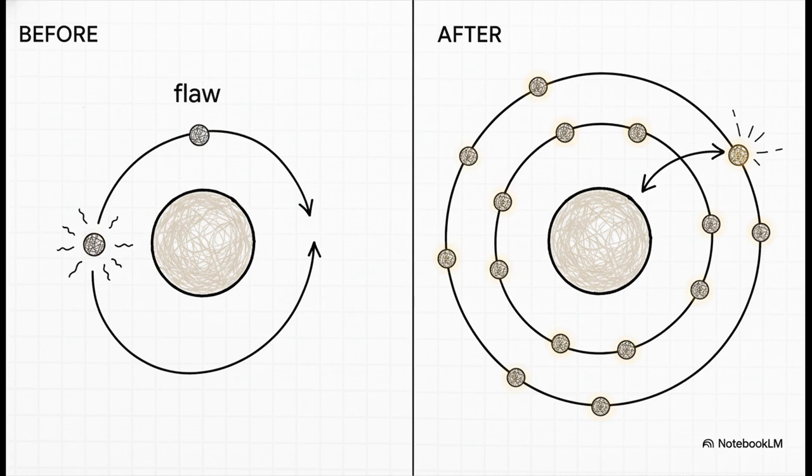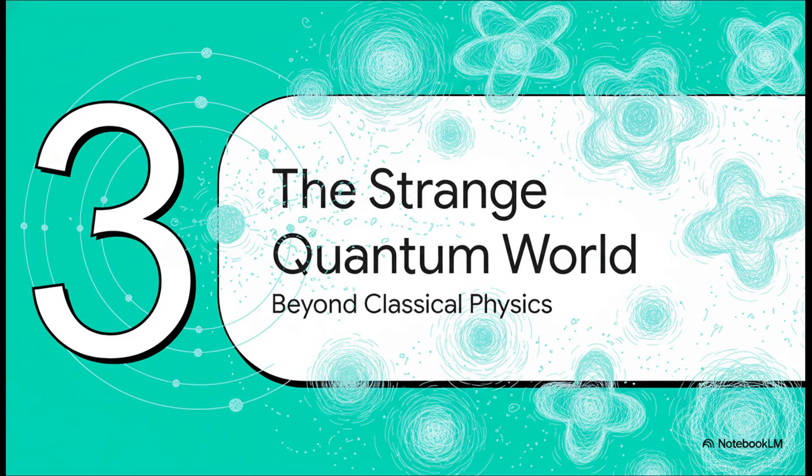Matter shouldn't be stable. So Niels Bohr came along and proposed a radical idea. What if electrons could only exist in specific, stable energy levels, or orbits? They could jump between these levels, but they couldn't exist in the space in between. Now, Bohr's model was a huge step forward, but it was also the last time we could really use our everyday intuition to think about the atom. Because what came next? Well, it required a complete break from classical physics and takes us into the truly strange